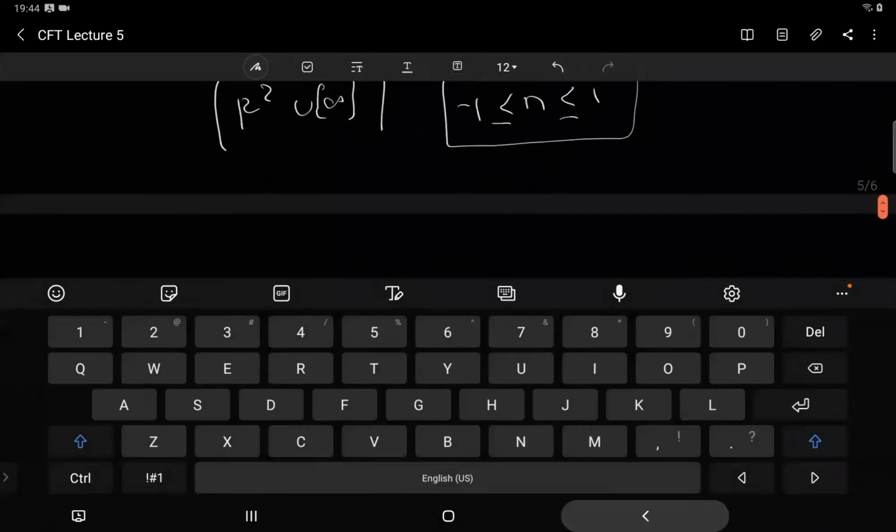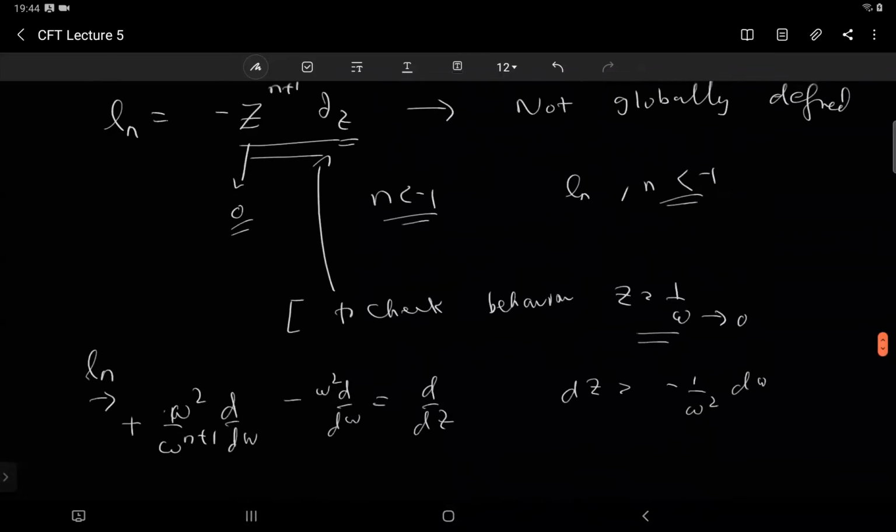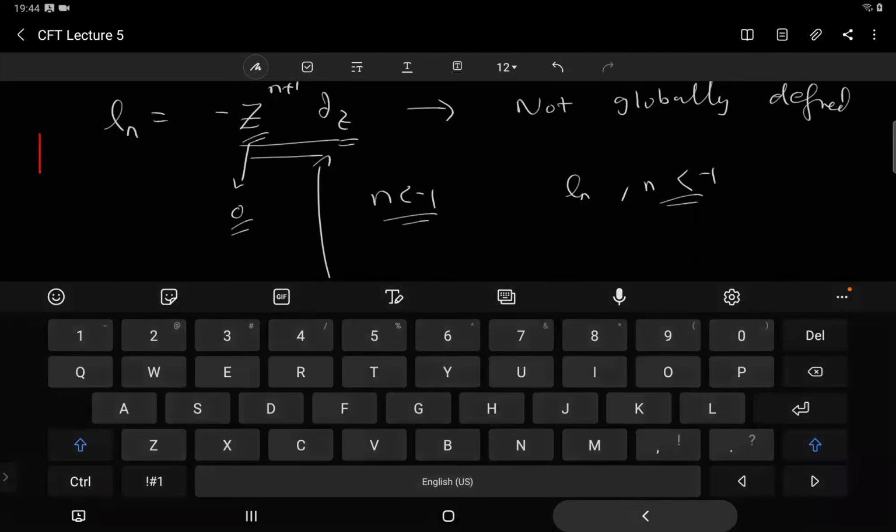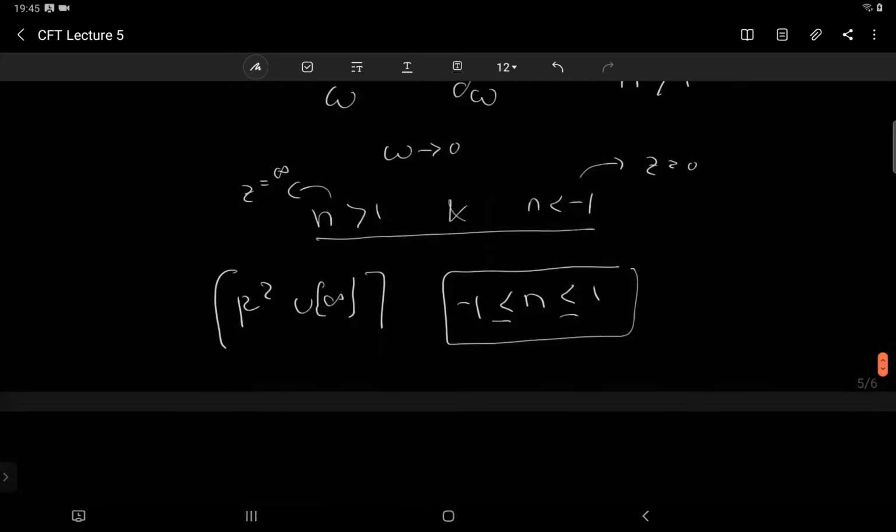What that means is that these transformations for general n make sense as long as you are defining them away from 0. If you do these things away from 0, z equal to 1, z equal to 2, then n less than -1 is well defined. And similarly, if you're not looking at infinity, then n greater than 1 is also well defined. But the transformations which are well defined everywhere on R2 union infinity are just a finite set, n between -1 and 1. Is this clear, this part? All the others are not well defined either at 0 or at infinity.